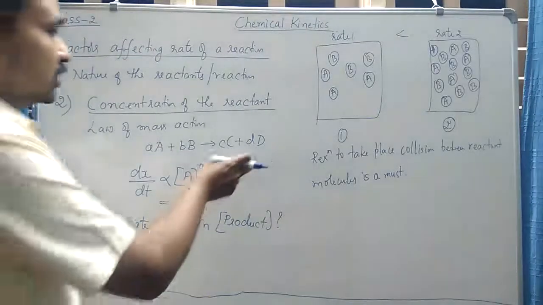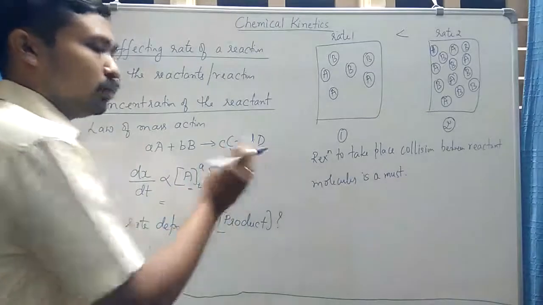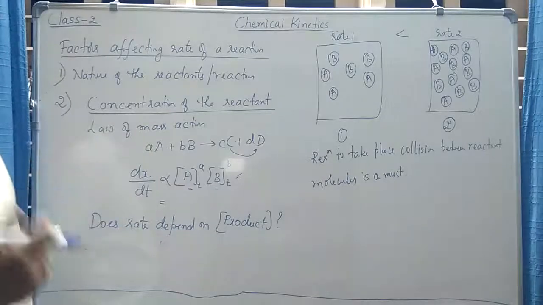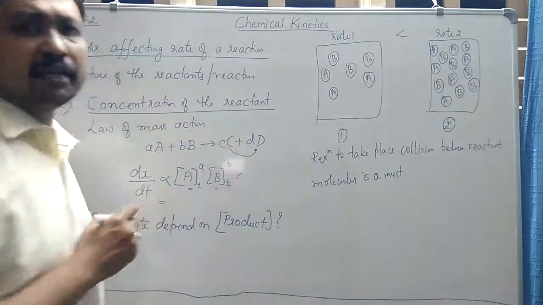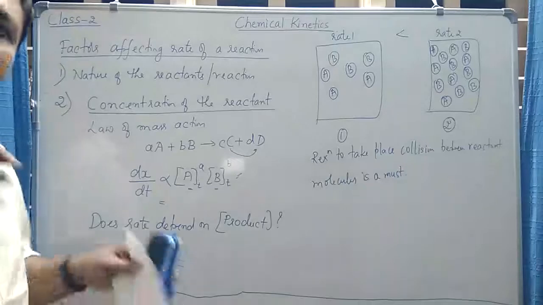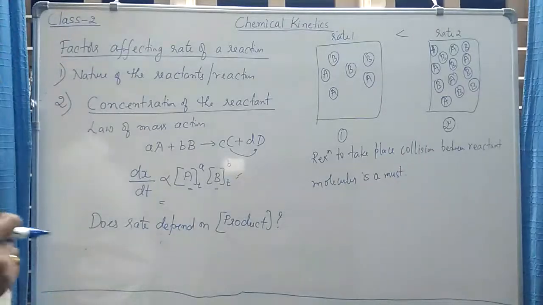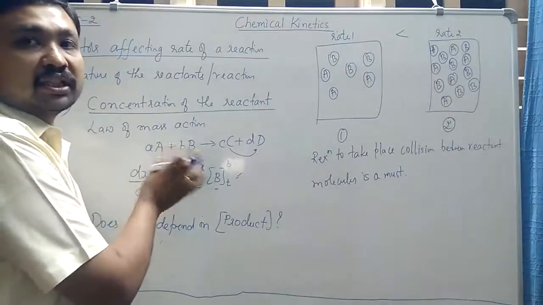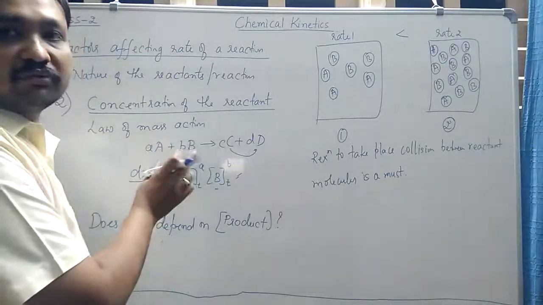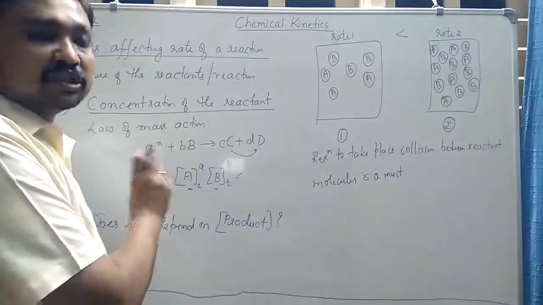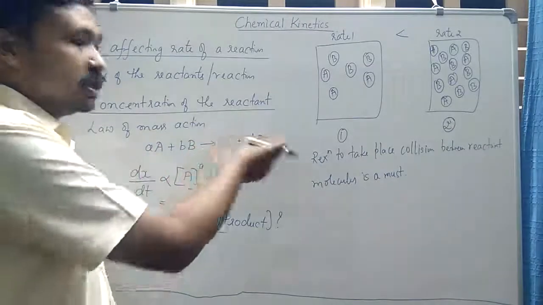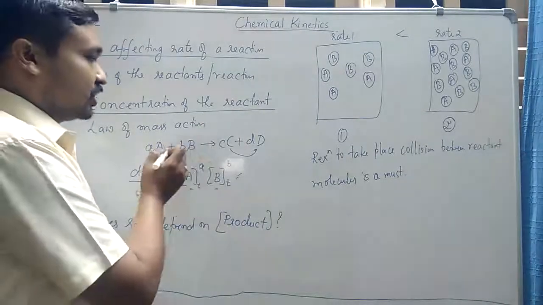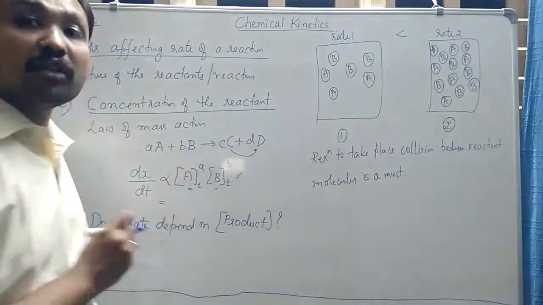Why? Because these two molecules, even though they are continuously colliding with each other after they are formed, they are not able to undergo any chemical reaction. So they will simply physically collide with each other but not react with each other chemically. So rate of the reaction only depends on the number of collisions between A and B molecules, because when they collide there is a possibility that they may react and give the product. So rate of the reaction does not depend on the product if the reaction is proceeding only in forward direction.